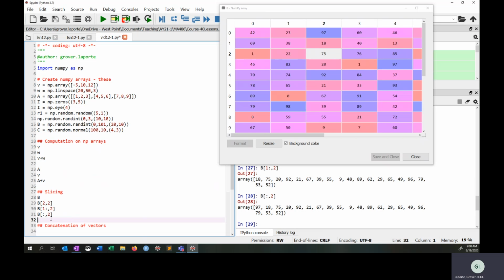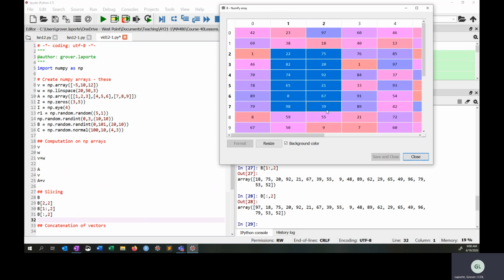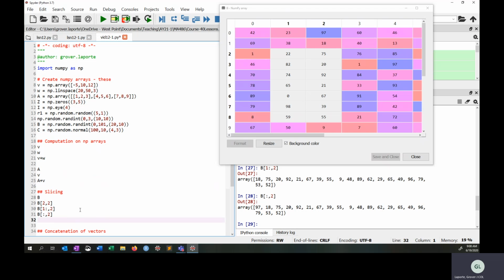Let's see, what if I wanted, let's just pick out something random here. What if I wanted that little subset of numbers? So 22, 75, 82, we could do that as well. And what you would do, so that's kind of neat, I would go B, and in this case, the first number is the rows, so I'm going to go to 2, and I'm not going to stop at 8. Remember, you got to go to the next one, 9. So it would be 2 to 9,